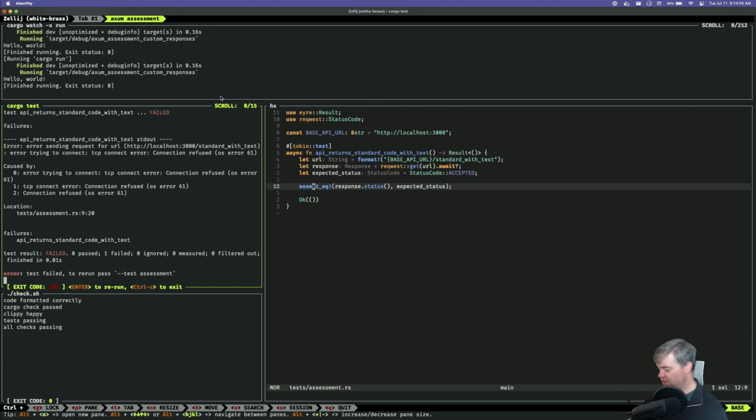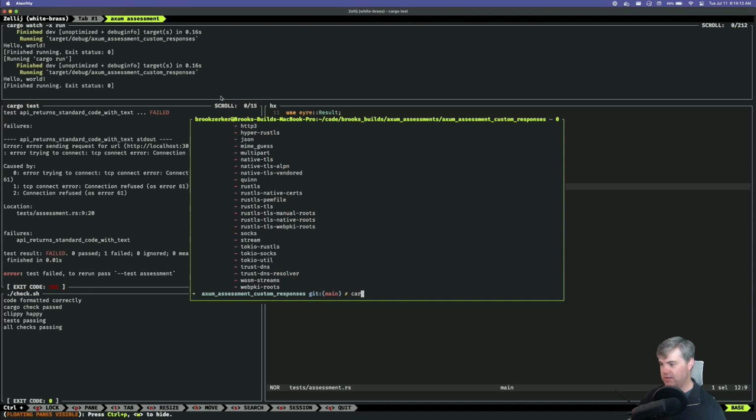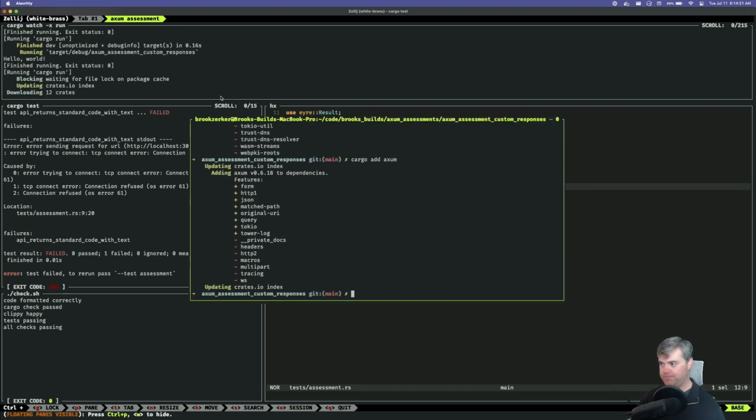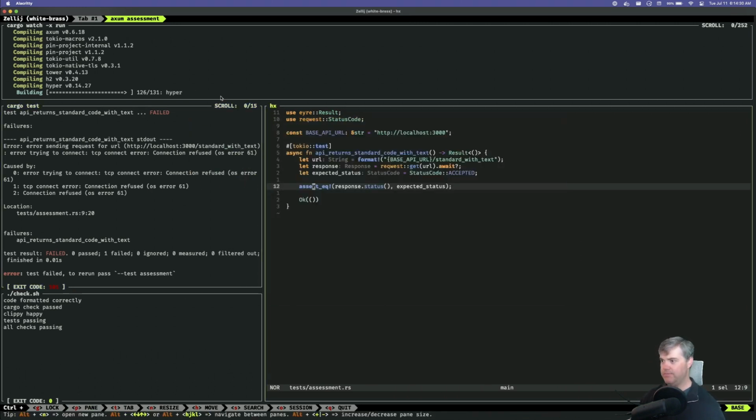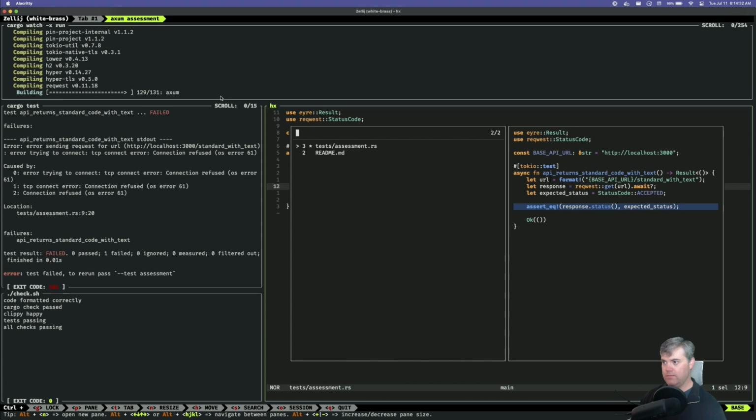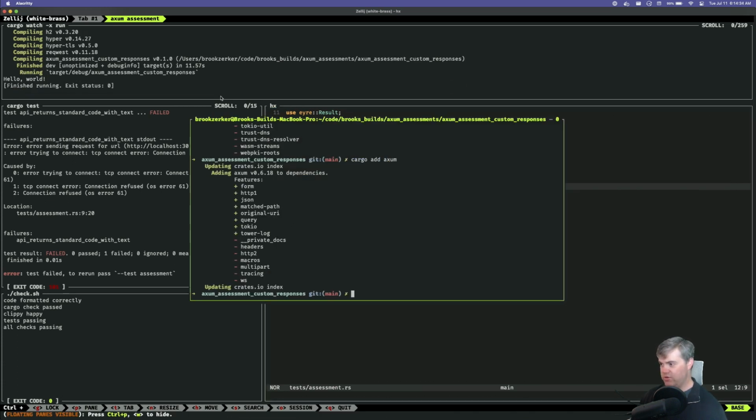All right, so function refused to work. So let's go ahead and fix that. We'll need go add. Okay, so we need Axum at this time. I don't need headers. I don't know if I need anything else at this exact time. Oh, but I do want to create all the folders and files and all that stuff.